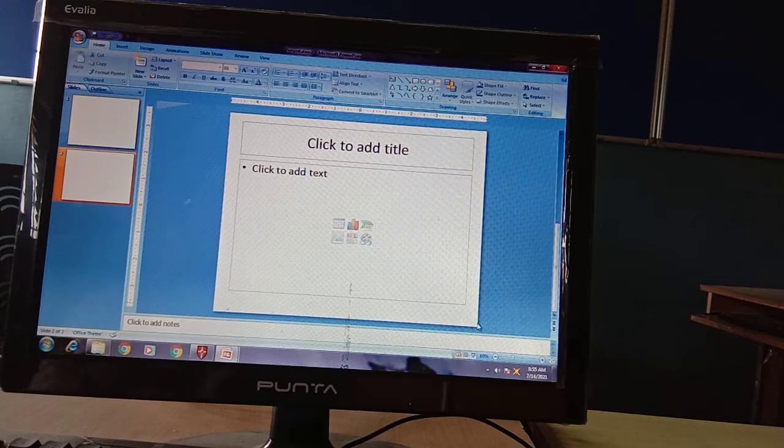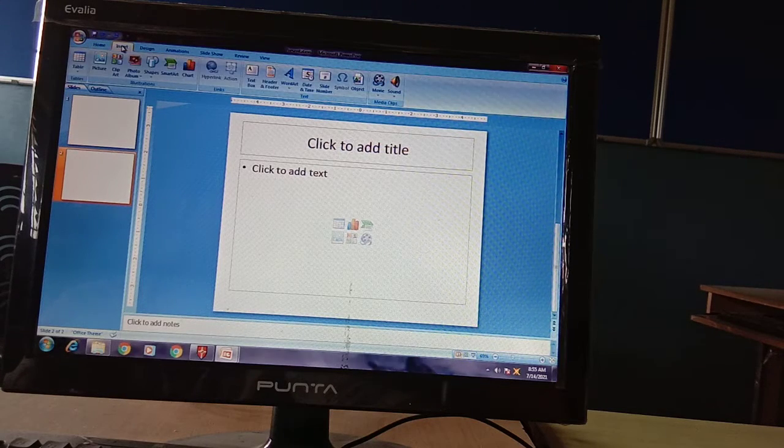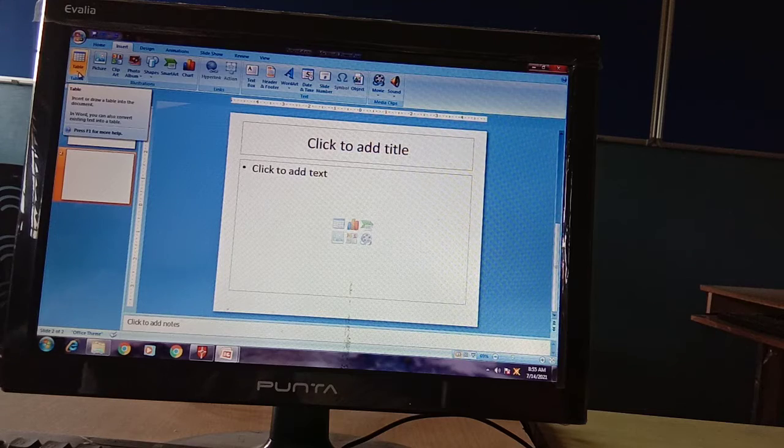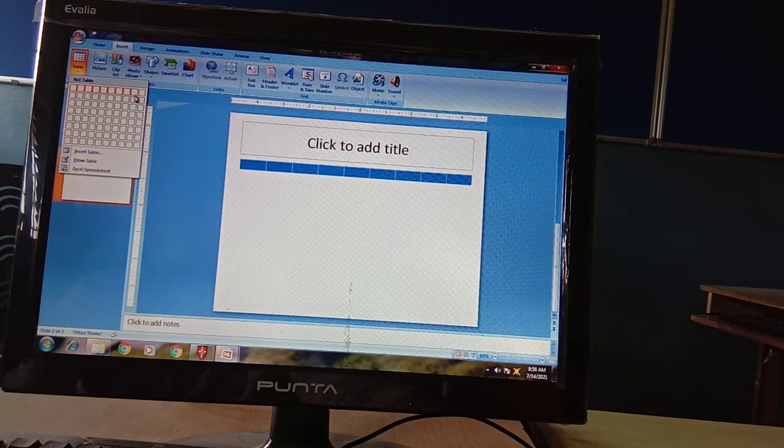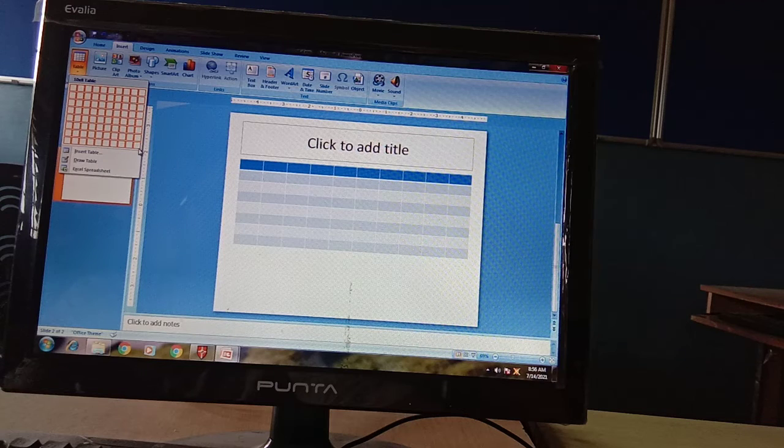The other way is to go to the Insert option. In the Table group there is only one tool available, Table. Just click on the down arrow button. There will be an option for selecting a table, but it is limited to 10 by 8 size.